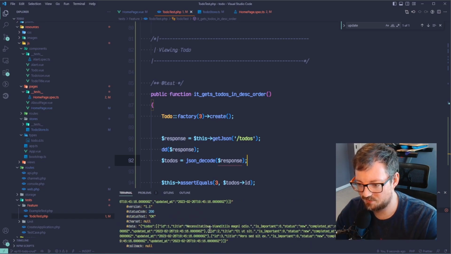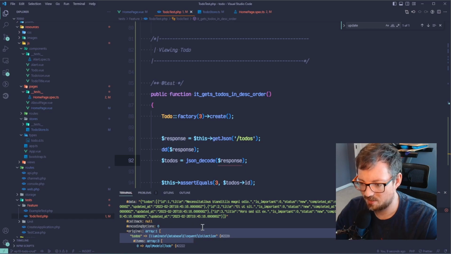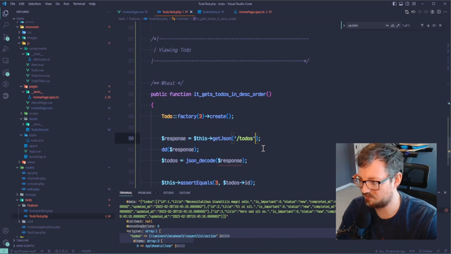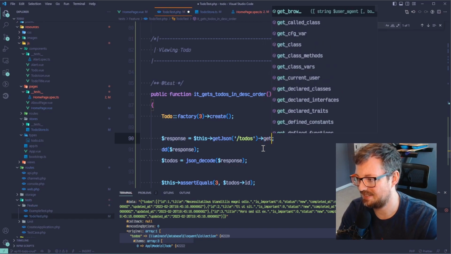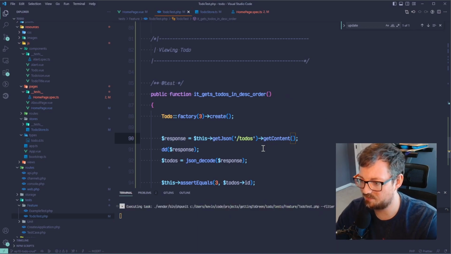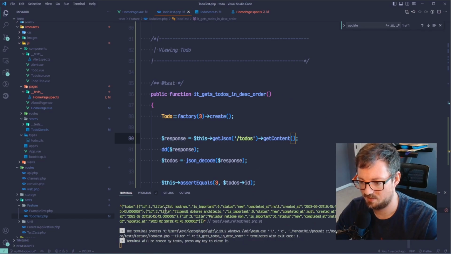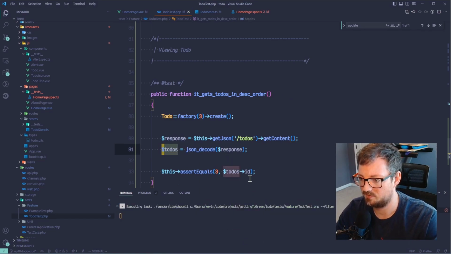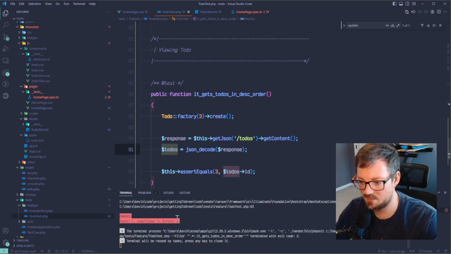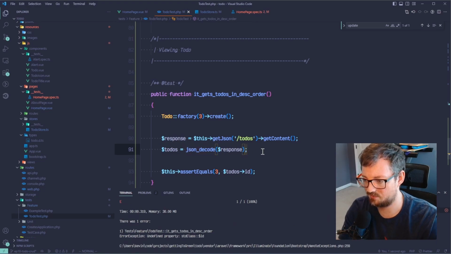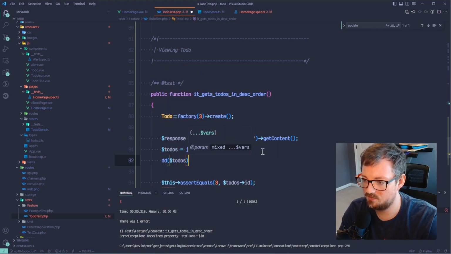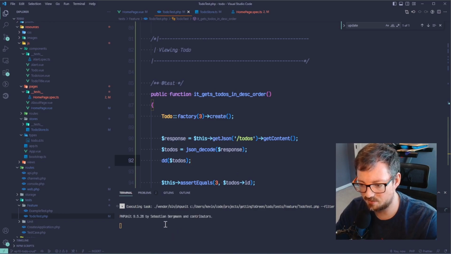So we're getting a bunch of our stuff, which is cool, but we want the content, right? I think we want get JSON and then content. I think it's get content. Let's see what happens there. Yeah, and then we JSON decode that. Oh, I didn't do that. I said die dump to-dos. I wanted to see what that looked like. And that is